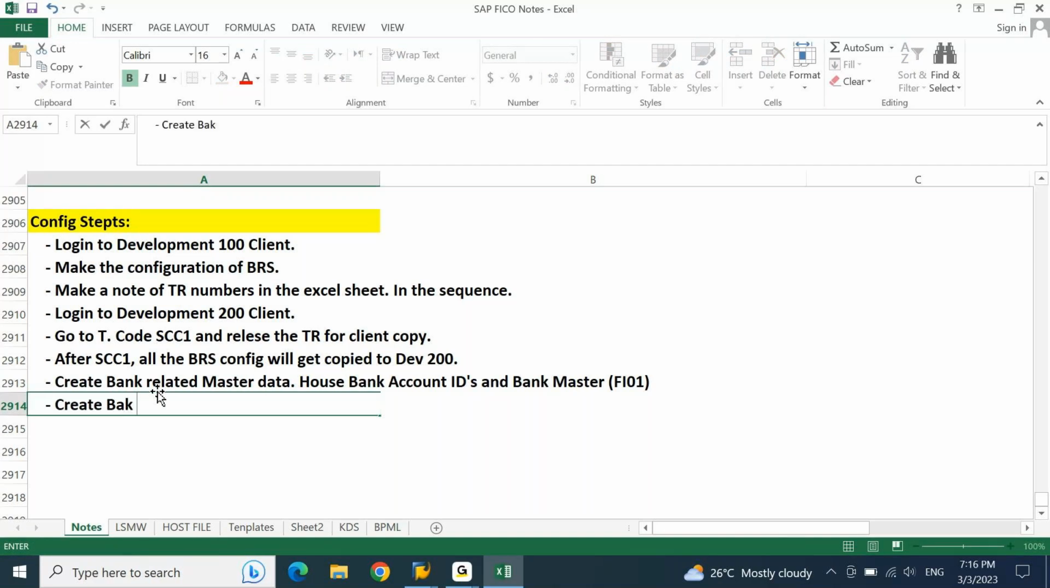bank GL accounts. You have bank main account, bank sub accounts. For whatever the bank you are testing, make sure all the GL accounts are available already. If not, create the bank GL accounts. Once you have all the bank GL accounts created, now